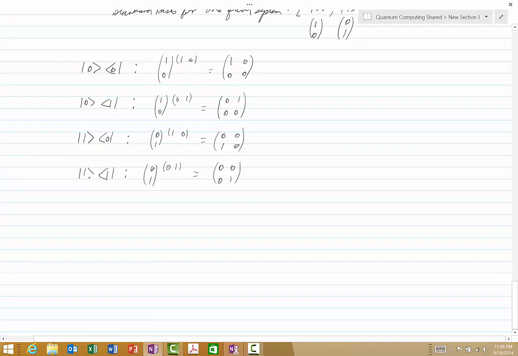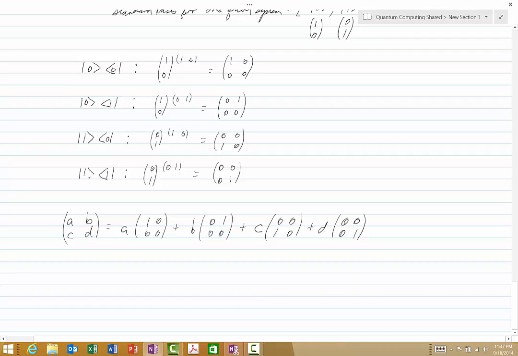If we look at any arbitrary matrix, A, B, C, D, well, that can be written as A times 1, 0, 0, 0 plus B times 0, 1, 0, 0 plus C times 0, 0, 1, 0 plus D times 0, 0, 0, 1,